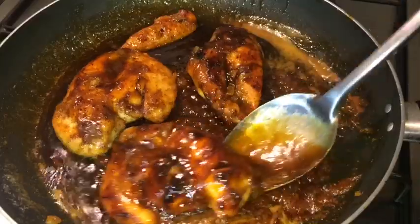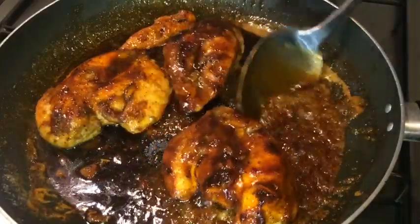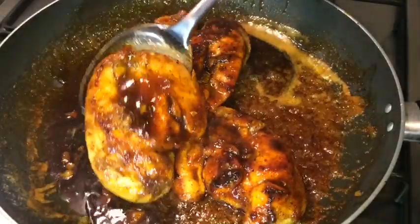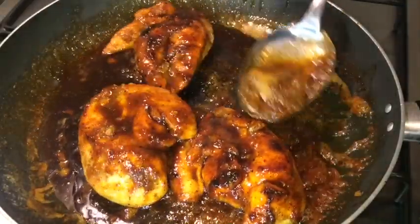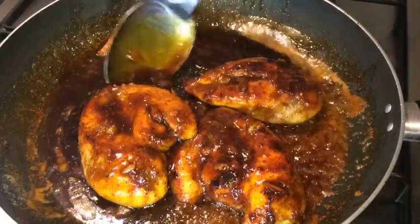So guys, my ginger, garlic, honey, butter chicken breast is all finished and that's what it looks like. Guys, I'm telling you, it looks so good and it smells amazing. This recipe is a